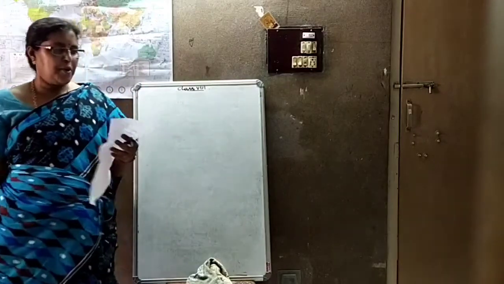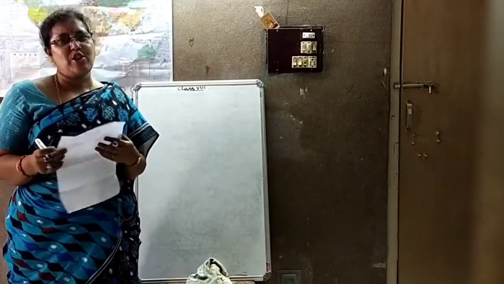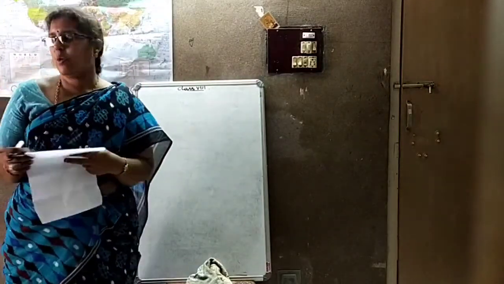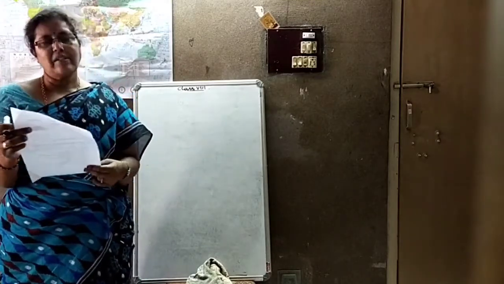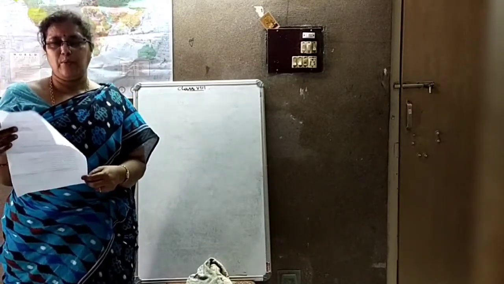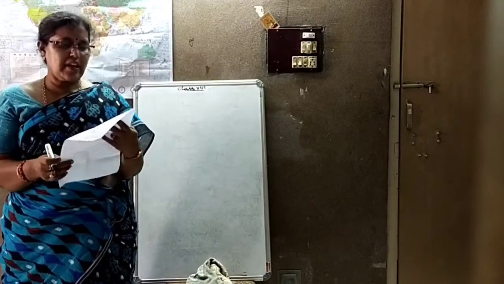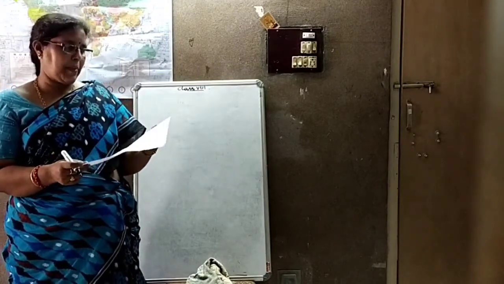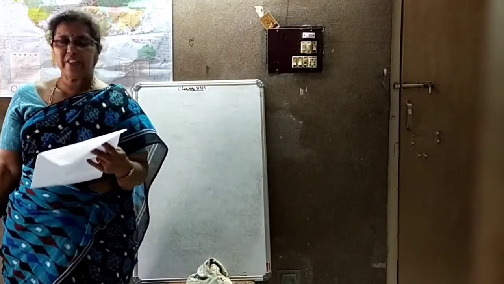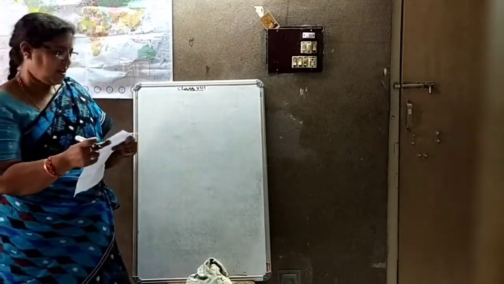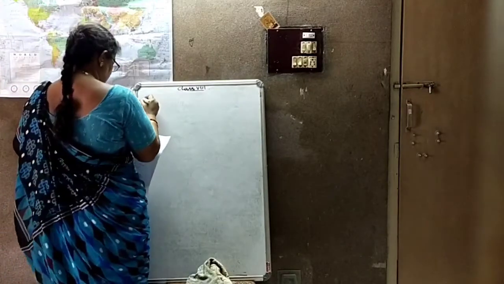Now, I am going to start your quadrilaterals worksheet. Two questions were given here and the third question is purely objective. The first one: in the following figures, ABCD is a parallelogram. In each case given above, find the values of x and y. Okay? Right here, the first one, see.